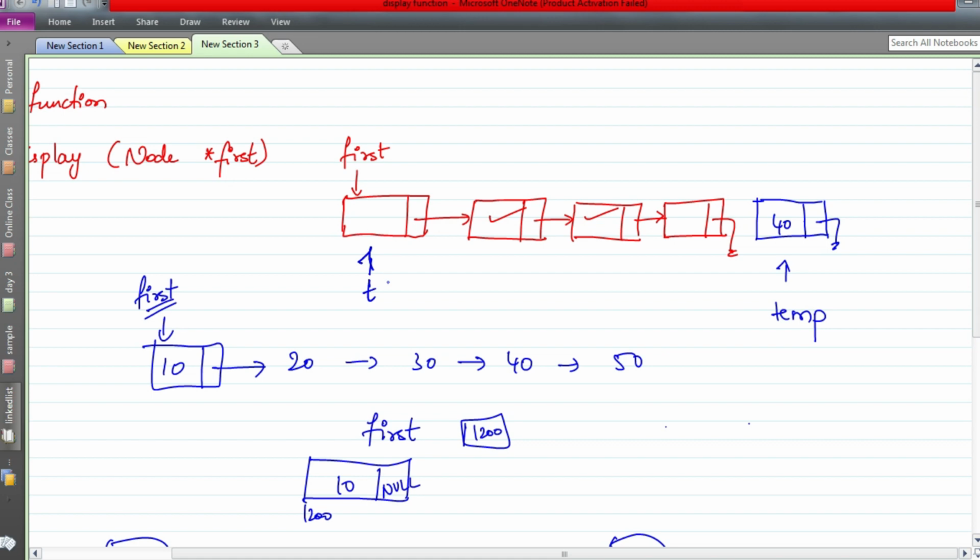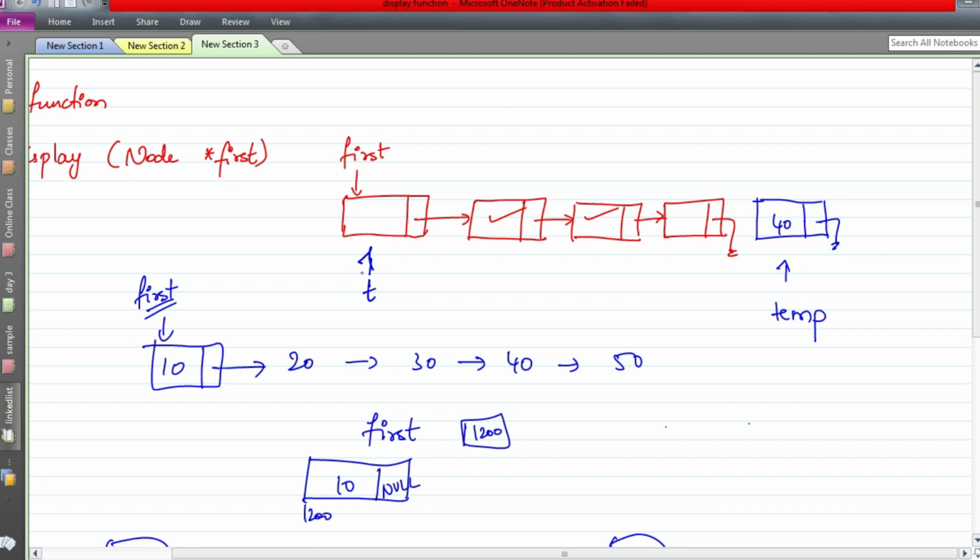As long as t next is not equal to null, keep traversing through the list until the end of the list. You have to keep moving towards the end. How long? As long as the next pointer is not null, because that condition means you still have elements. If the next pointer is null in any node, that is the last element. Since you are inserting an element at the end, in the next pointer of the last node you have to store the address of this new node.